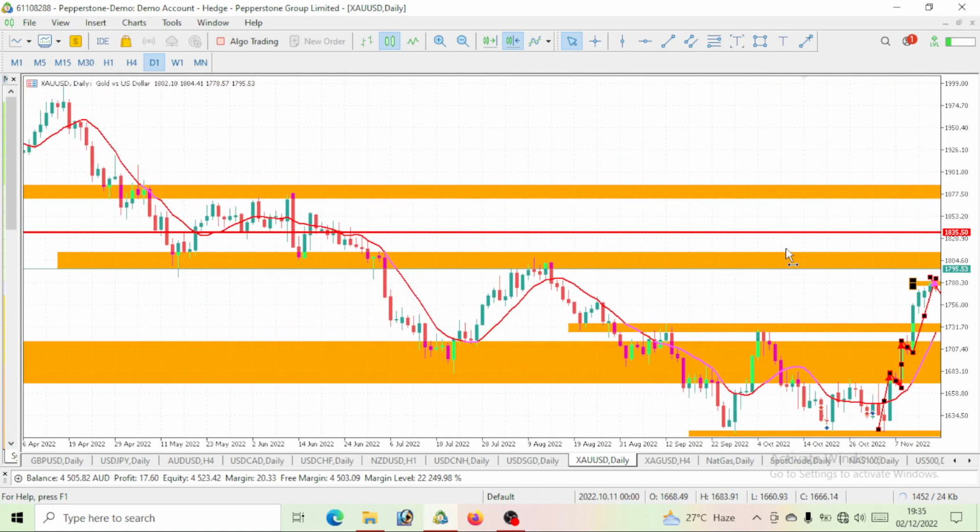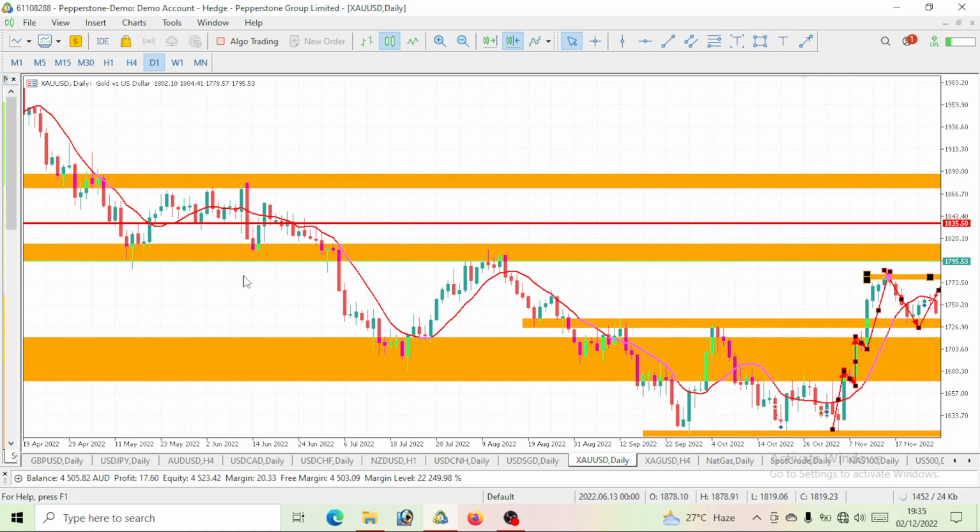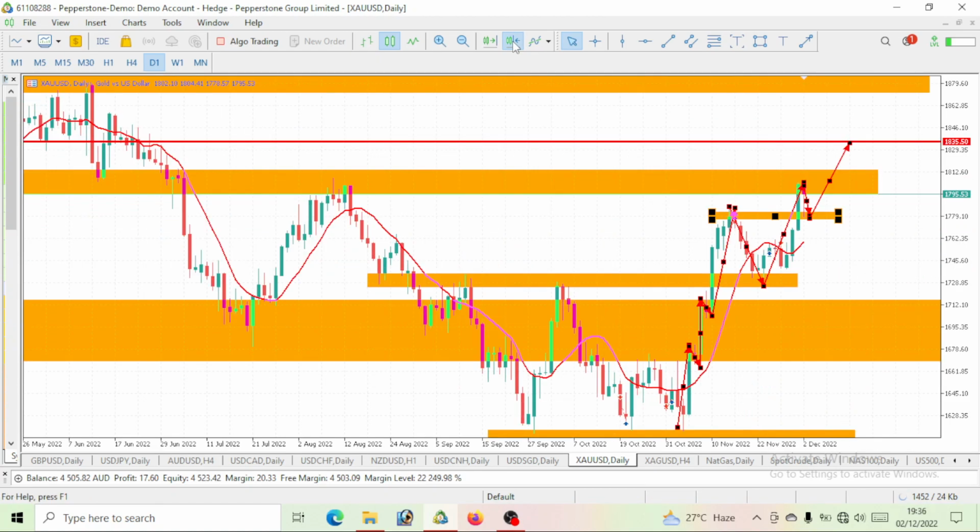I've told you guys on the monthly time frame, we will get to this level, a level of 1,835, if possible break above this level. So watch out for it. Definitely, we should be breaking above this level. But above all, watch out for a level of 1,835 for this week. We are predicting this on gold. So that is it on our gold. We are to go bullish on the daily time frame.